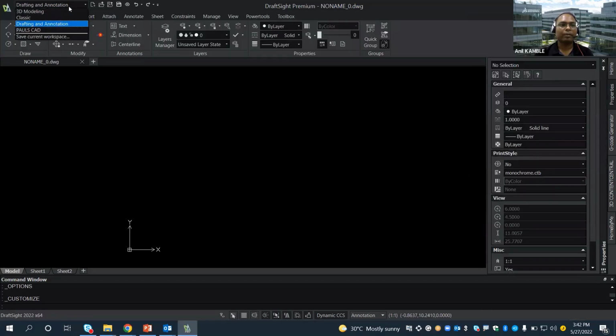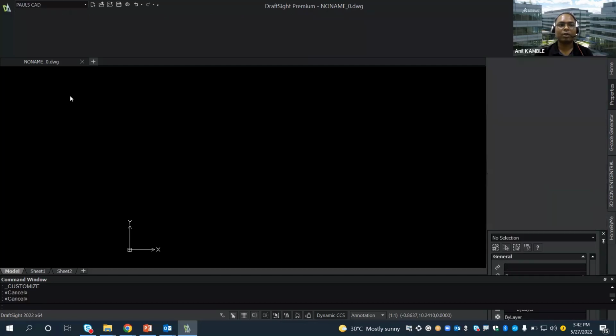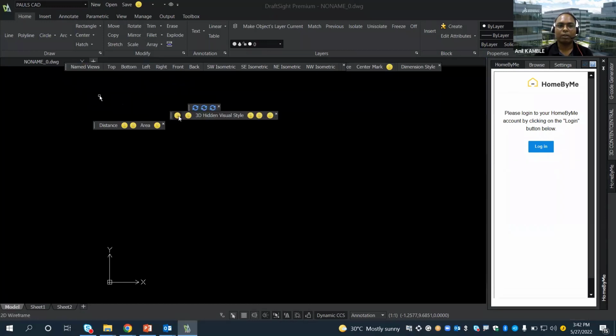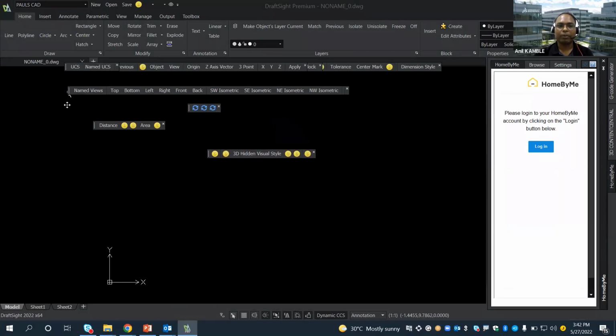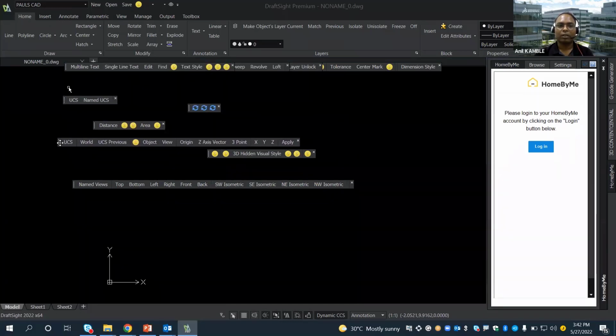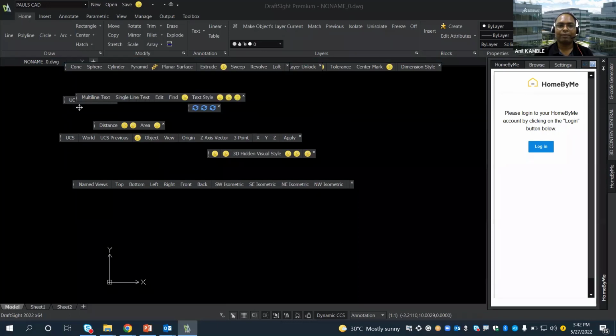So I may find a PaulsCAD. That is the CUIX file, and this is how it has been replicated. Basically this file consists of a lot of toolbars, if you see, and the basic customization of this file was done in the classic environment of AutoCAD, but still you will find that file in